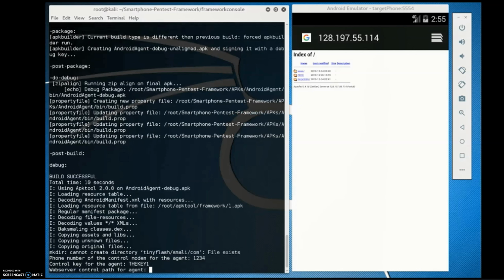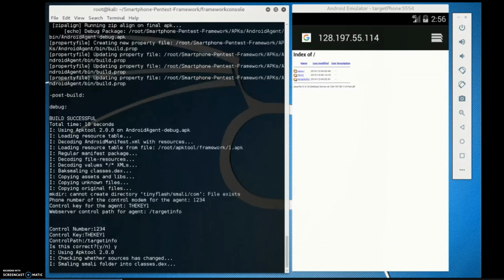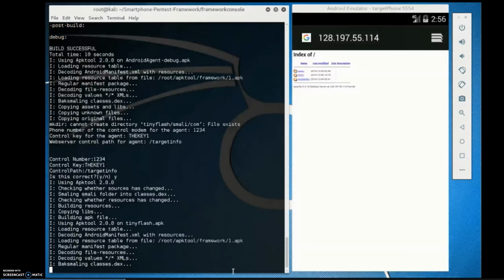However, this is really important. Your control key must be exactly 7 characters. That is, no more, no less. Enter some character of length 7. Finally, we want to give it some target path, which the web server will use to